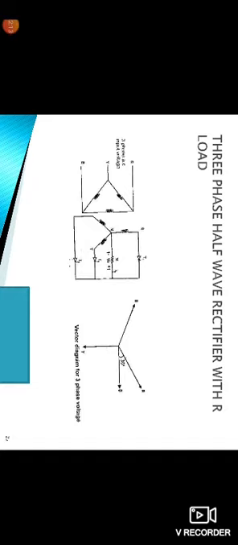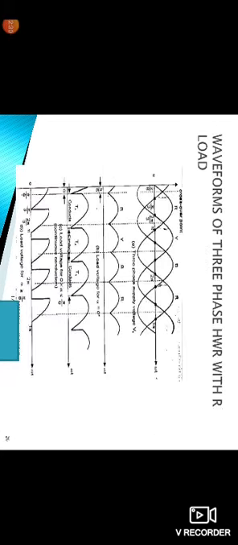The three phase half wave rectifier consists of the three phase circuit RYB. N indicates the neutral, with three thyristors T1, T2, and T3, and a resistor R. The vector diagram is between R, Y, B with an angle of 30 degrees. Here the waveforms: there are three waveforms with a phase shift, and at the crossover point the first one is R, that is from 0 to 0.